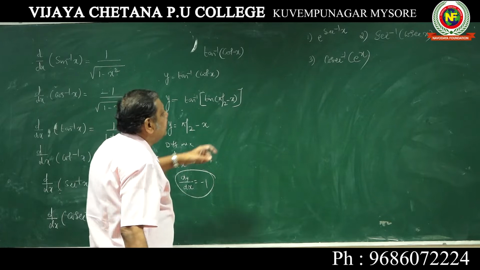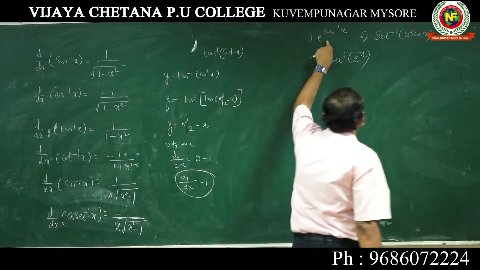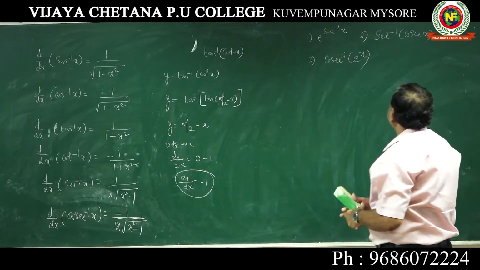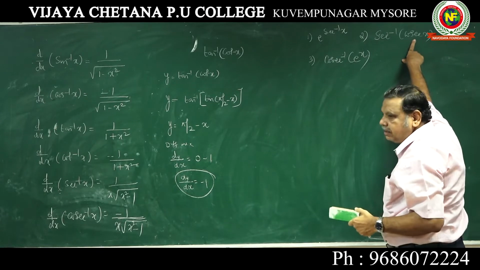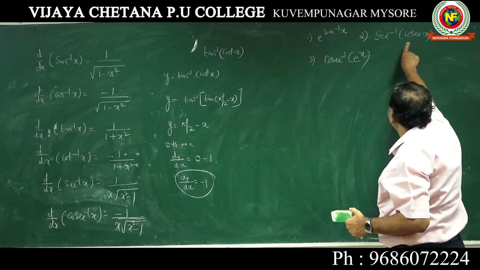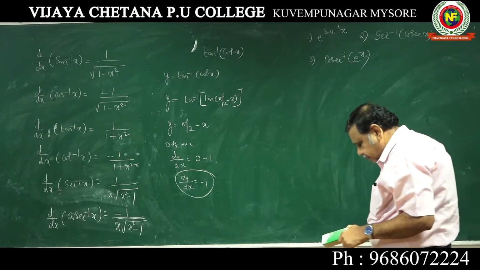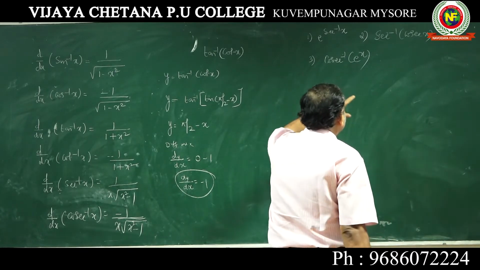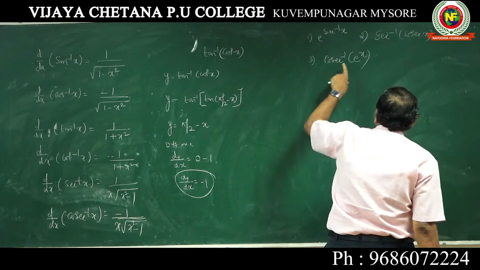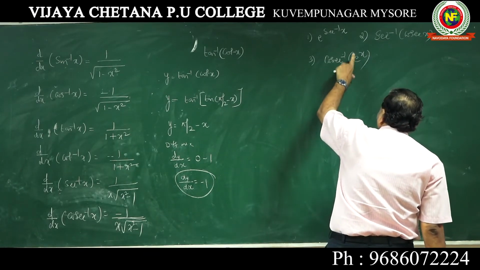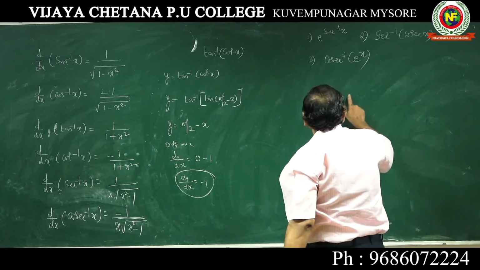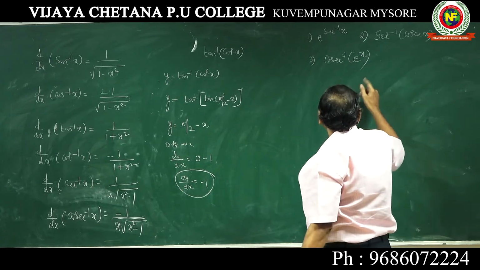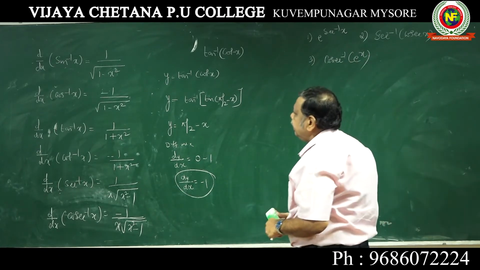Here, e to the power of secant inverse x into d by dx of secant inverse x. Here, convert cosecant also to secant of pi by 2 minus x. Secant inverse secant of pi by 2 minus x is pi by 2 minus x, and the answer will be minus 1 for this. For this one, you take it as e power x into minus 1 over e power x root of e power x whole square minus 1 into d by dx of e power x.